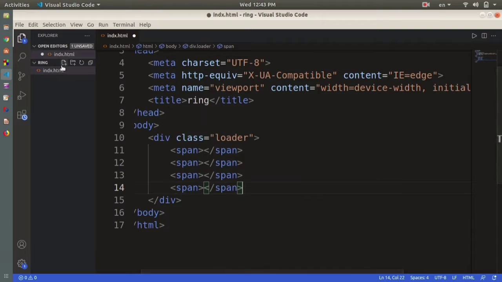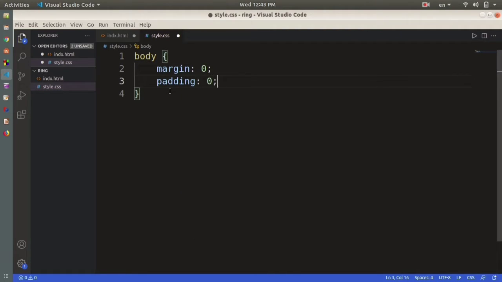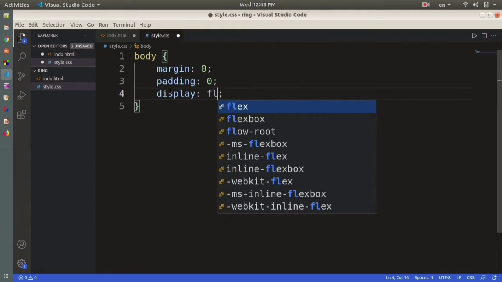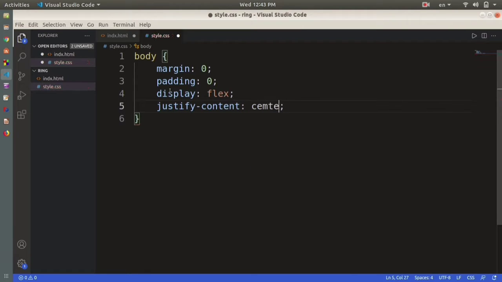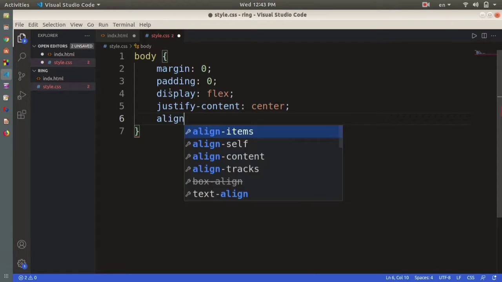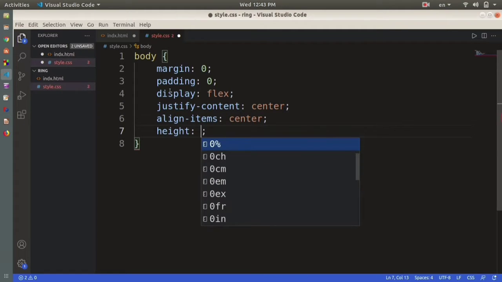Now coming to the styling section, for that we are going to create a different file, a CSS file, which is style.css. Here in the style.css file we are going to do all the stylings that are required for this gradient loader ring. So the first thing is the body. In the body we are going to use margin 0, padding 0, then display flex, justify-content center, align-items center, then height of 100vh,